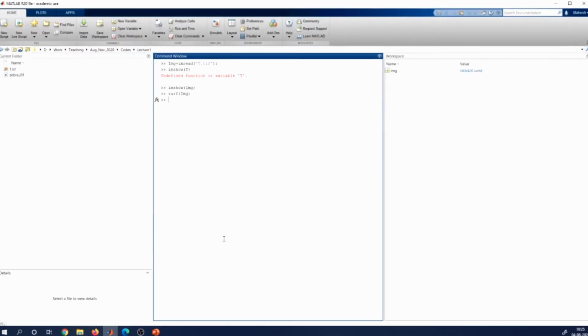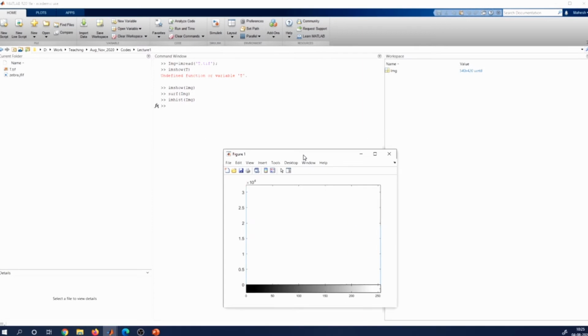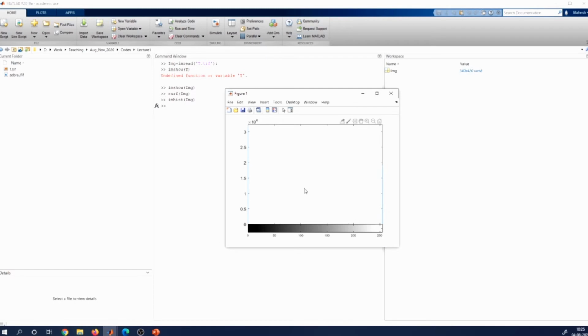Now if I plot the histogram, here you have a command known as imhist, which will help you in displaying the histogram of the image. We will talk about histograms in some detail later, so don't worry about it. But in a nutshell, what is a histogram? You have 256 levels starting from 0 all the way up to 255. How many occurrences of each of these levels are there in this entire image is what you get from a histogram.